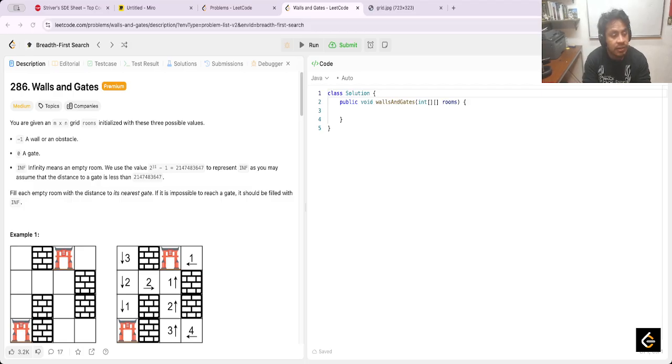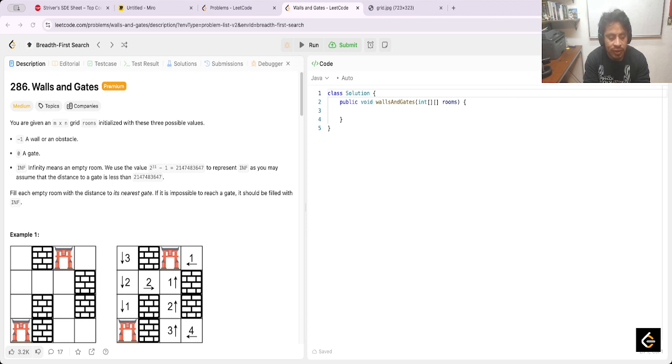In this session I will try to solve this problem, Walls and Gates. Yesterday I checked, but to be honest, yesterday I was tired. But I will try in this session to solve it, and the idea is that you have this matrix